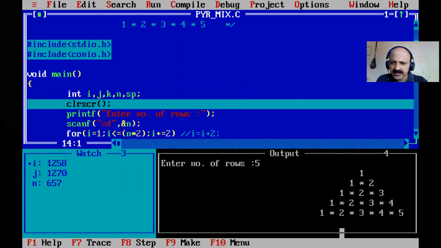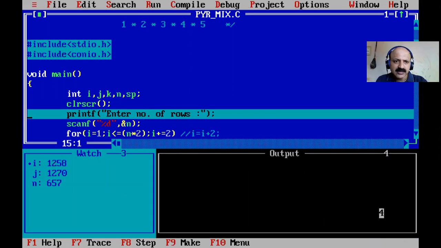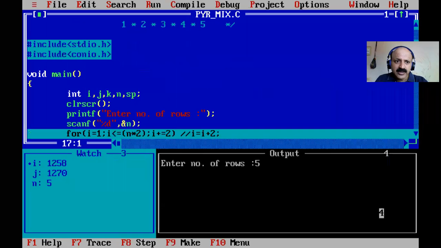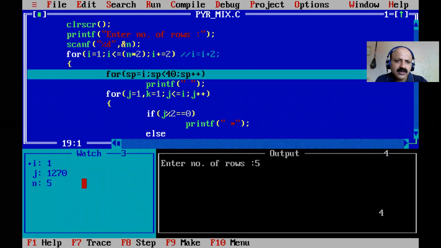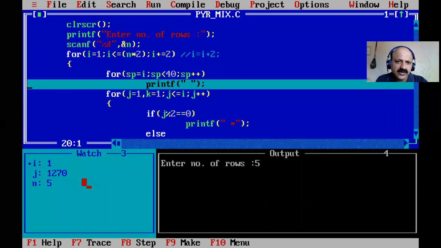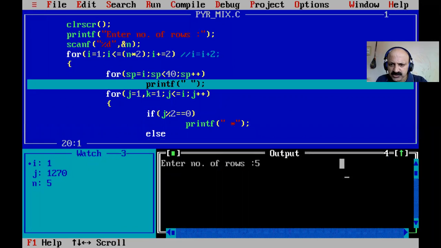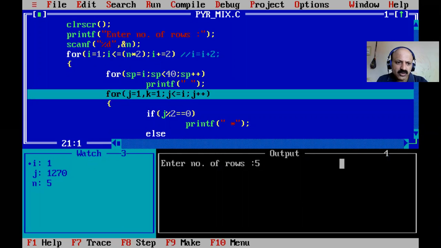Yes, our watch is ready, so I start directly. You know very well, I press F7 and clear the screen, all are clear, yes, and enter number of rows 5. Then all are first j and i garbage values, and also provide n that is 5. Here that is a 39 page because i is 1 only, so that is just bypassed, but it is so fast, so sometimes it is gone, so we can use some small speed. Yes, now I think okay.